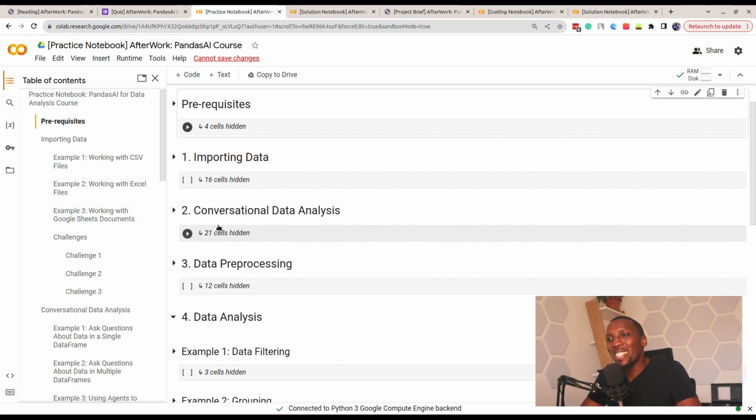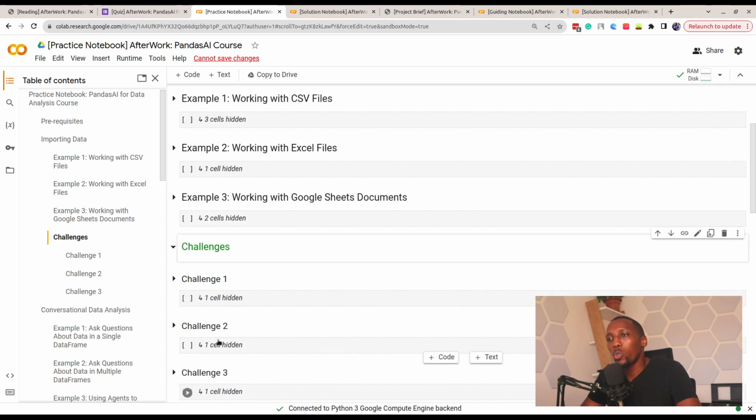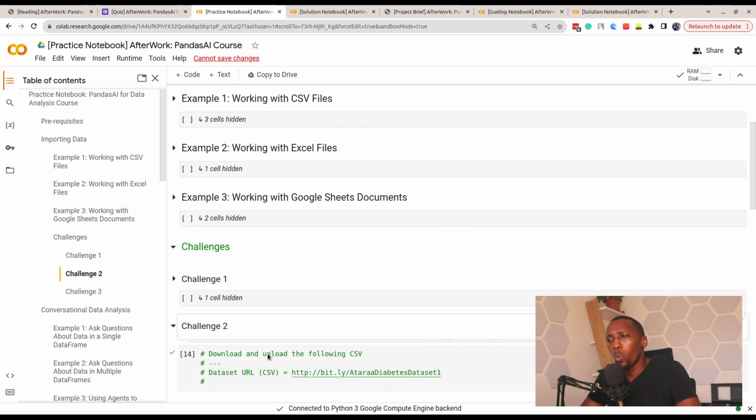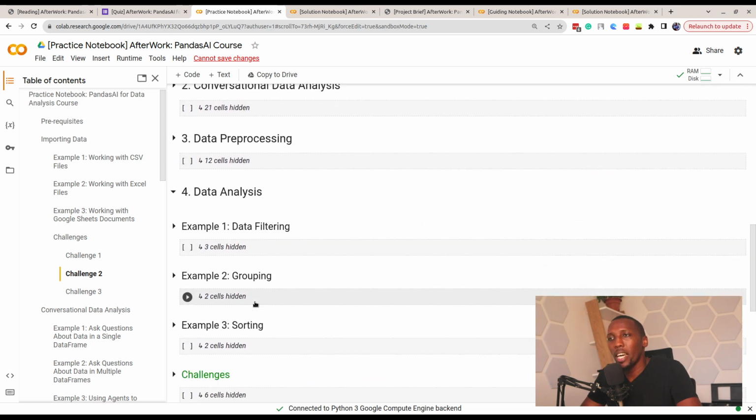We will provide examples as well as challenges that will allow you to put into practice what you will have learned about Pandas AI. We are going to go through this notebook in an effort to practically put into use those theoretical concepts that we have learned earlier, and we'll use Pandas AI for different